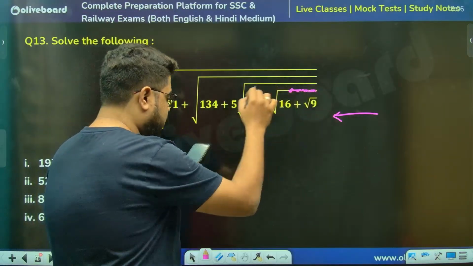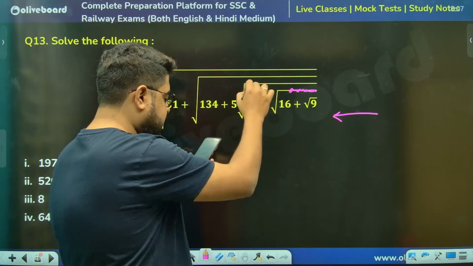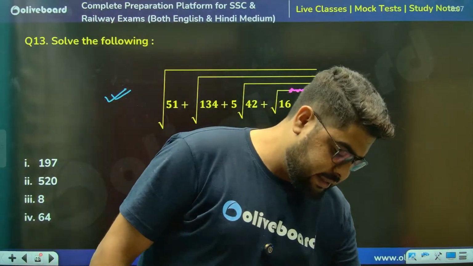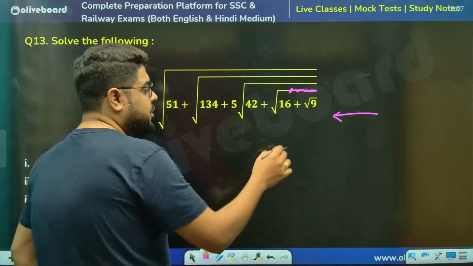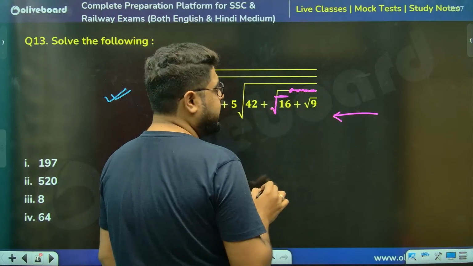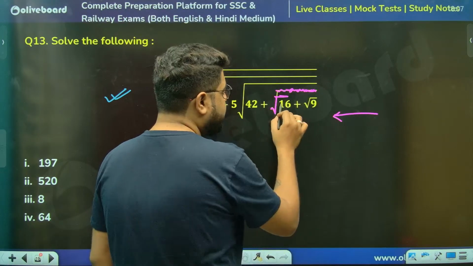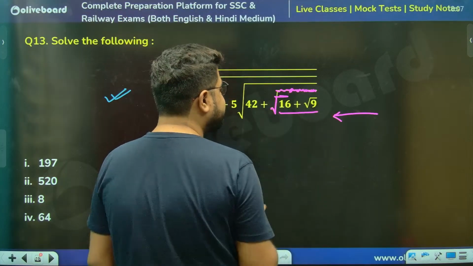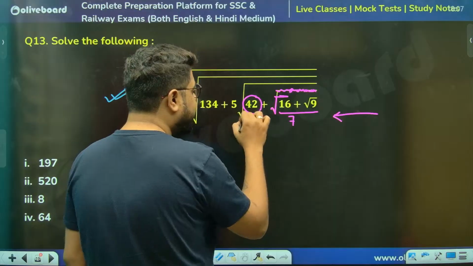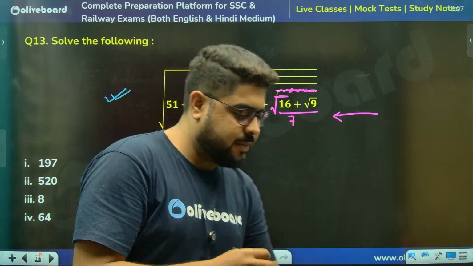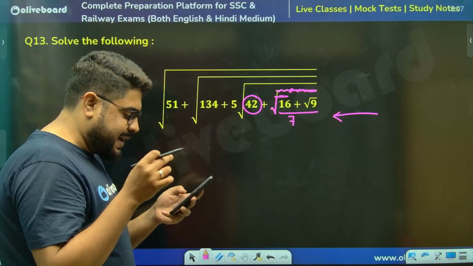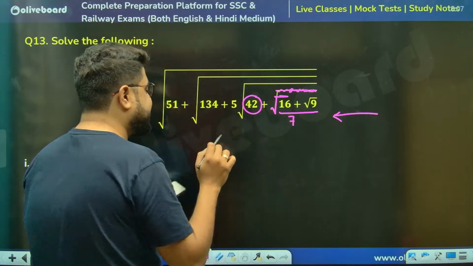Under 42, root 16, root 9 — this is the question. 3 plus this is 4, sir. So 4 plus 3 is 7. So this is 42 plus 7, 49. Square root of 49. ये 5 के बाद कोई साइन है क्या? रुको, वो भी देखना है, क्योंकि ये एआई का कमाल है ना, अभी 5 के पास कुछ साइन नहीं है।